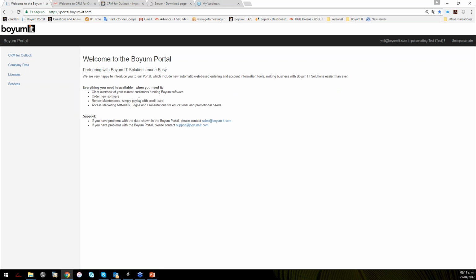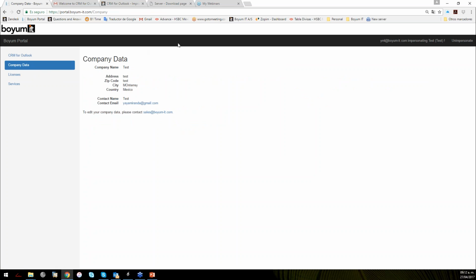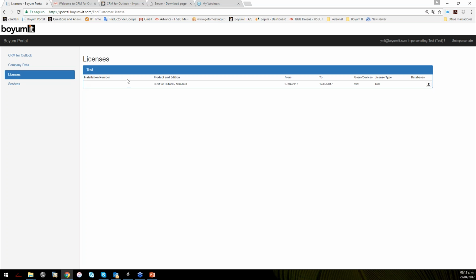The Boyum portal with the welcome part, the CRM for Outlook option, the company data link where you can update or see the information. If there's something wrong, you need to send an email to your partner or an email to Boyum IT with the correct information, for example, the zip code in the case you change the address, or maybe the company name changes, because we have had this scenario before. Well, you can email us the license that you have. In this case, since this is a trial, you can see here, you have 999 licenses,